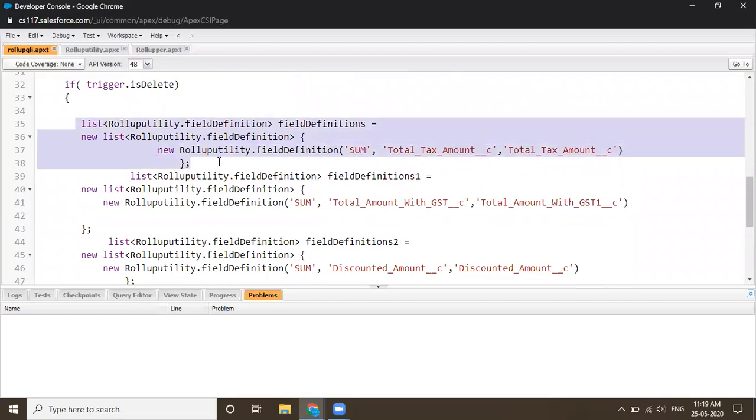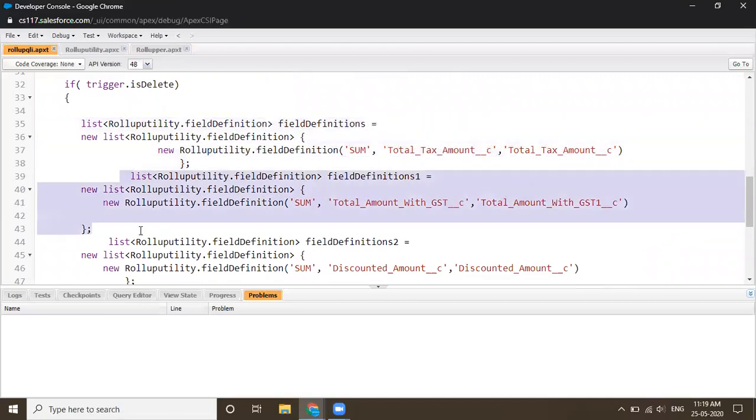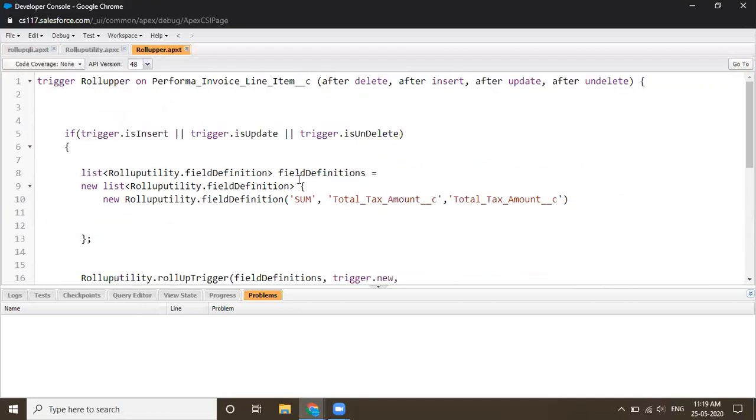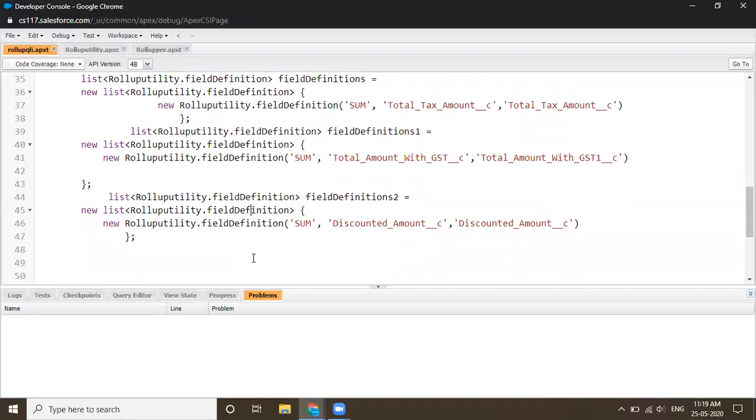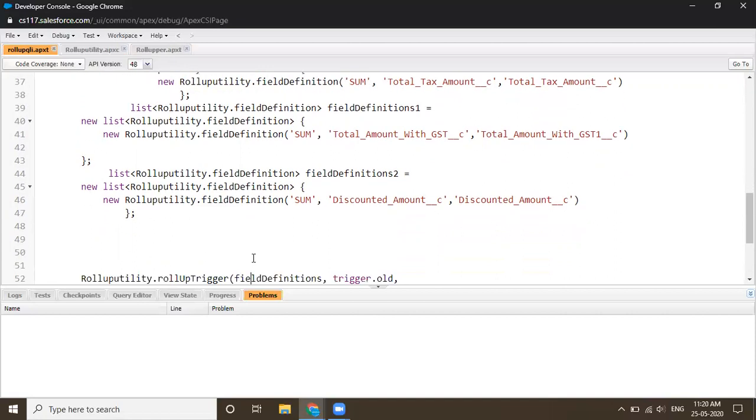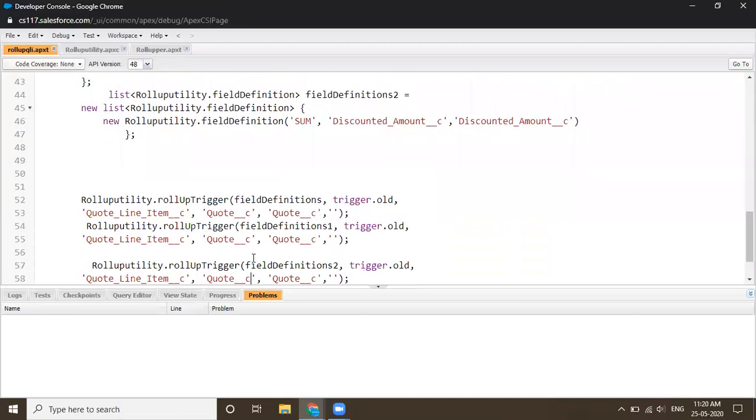So this is how it looks, and I think you got this point. I have just written this, and I'm doing the multiple fields here, and this is for the single field, to show you how it works for a single field. For multiple fields, if you have plenty, say 5 to 6 fields that you want to roll up, this is for that. And you can roll up from the lookup as well. It's not defined that you have to use the master-detail relationship, so you can use it with a lookup also. I think everybody got it.